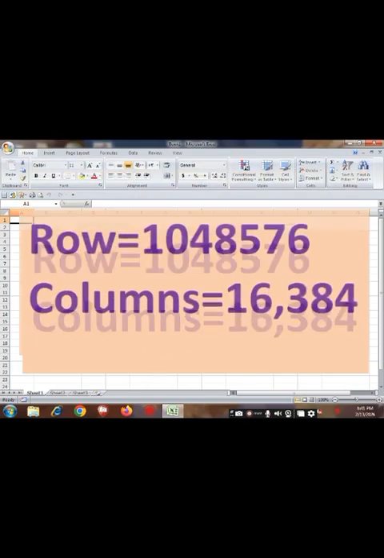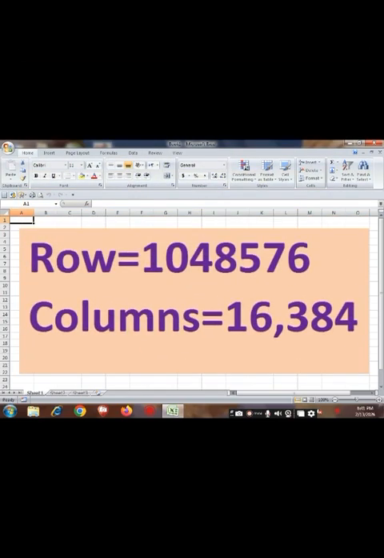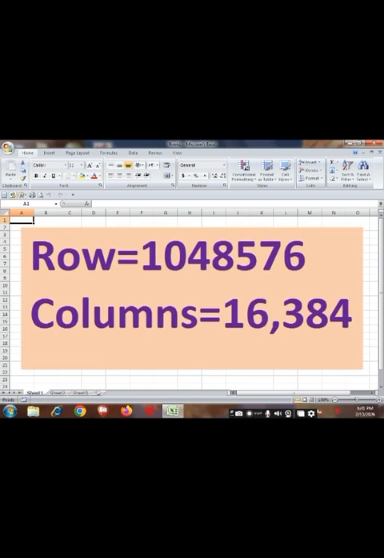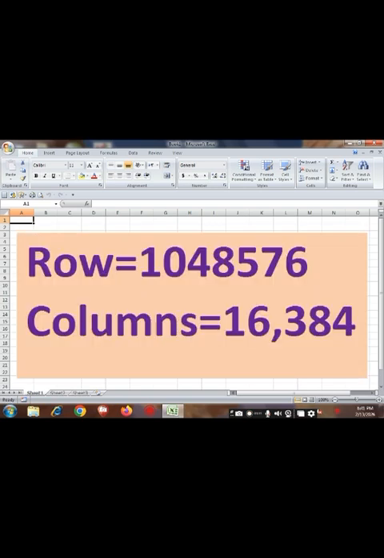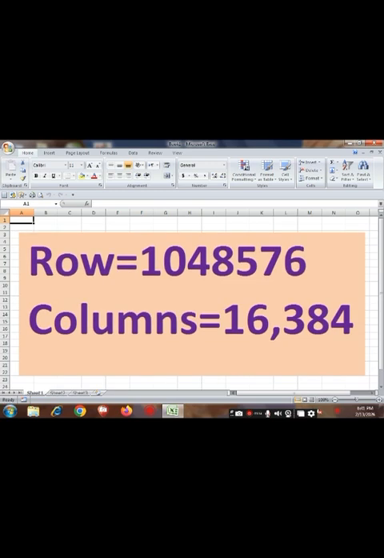Like one sheet has approximately 10,48,576 rows and 16,384 columns. We can add more sheets according to our requirement and we can also delete sheets. We will discuss all this in next videos.